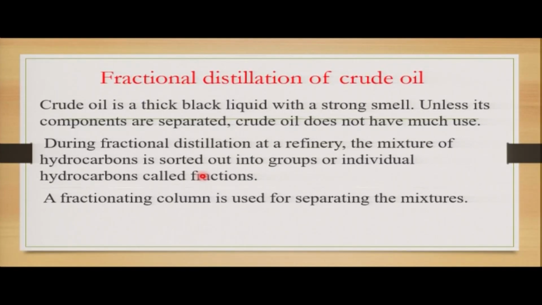So how do we obtain these products in the layers that we have mentioned under the earth crust? How do we get these products of crude petroleum? The method that is used is fractional distillation. Probably you could have heard about this in your senior one when we were talking about methods of separating mixtures. Fractional distillation. So crude oil is a thick black liquid